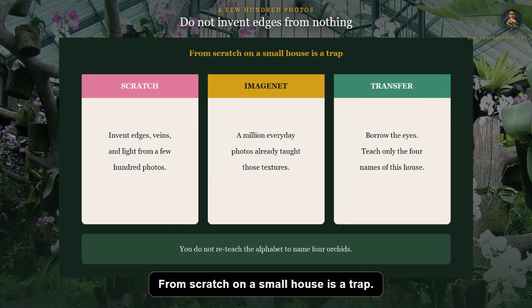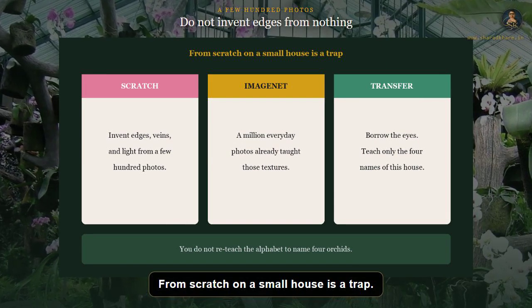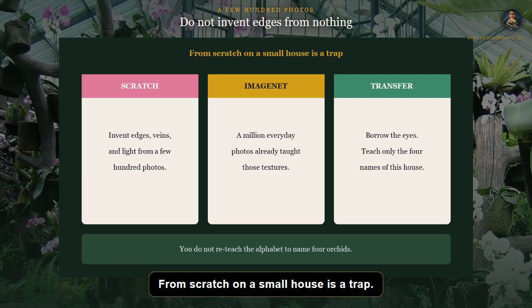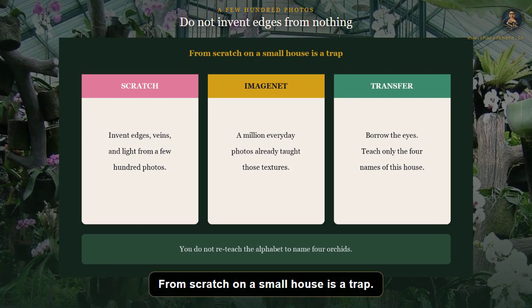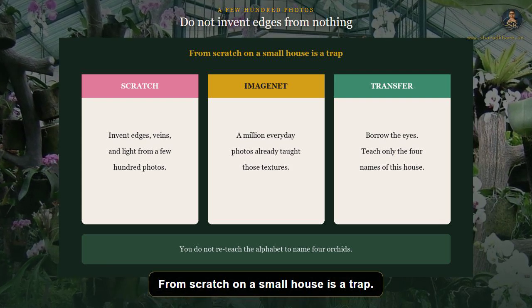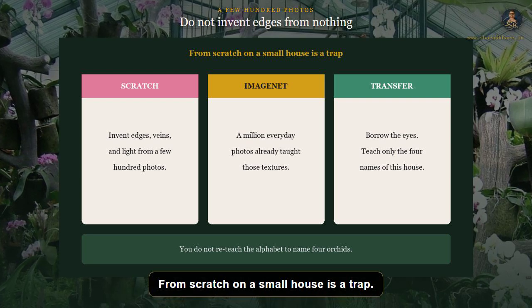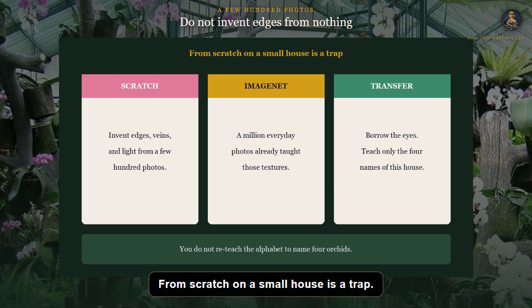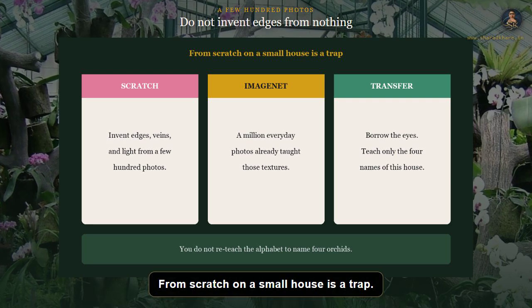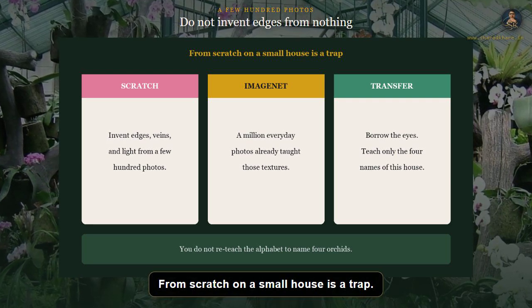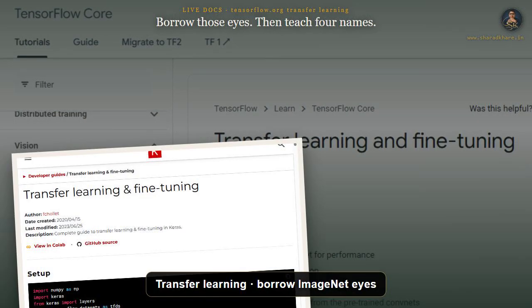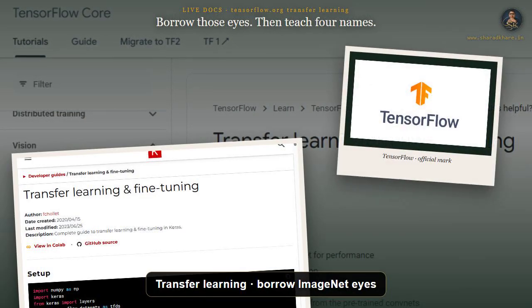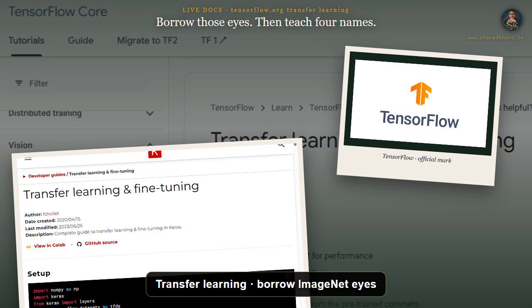Now, you might think I will just train a net from scratch on a few hundred photos from this house. Please don't. That net would have to invent edges and veins from almost nothing, and it will guess. ImageNet already taught a big net those textures on more than 1 million everyday photos. So why start from zero? That is transfer learning. You borrow eyes that already know how to see, then you teach them the 4 names